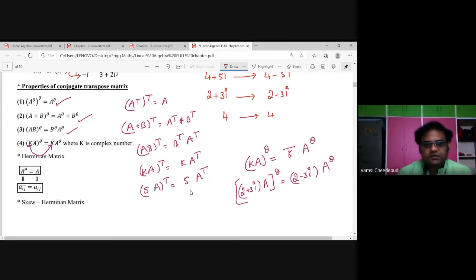Okay, sir, what about Hermitian matrix? Very famous and important matrix. Hermitian matrix means A power theta is equals to A. In transpose, I said if the transpose of a matrix is equal to itself, then it is called a symmetric matrix. But here I said if A power theta is equals to A, then you can say that is a Hermitian matrix. Yes. Now, skew Hermitian. In A power theta, I think this is A J I bar.